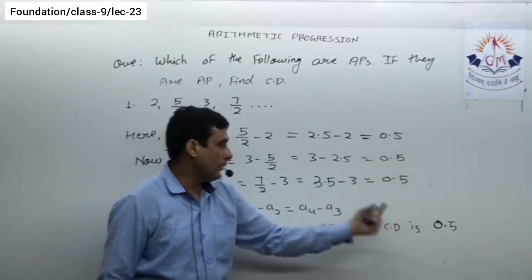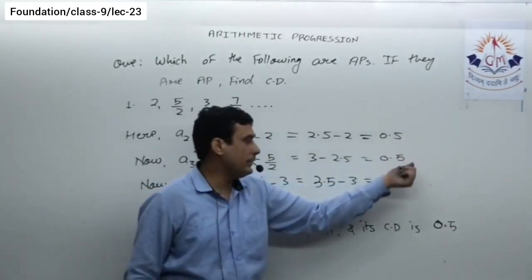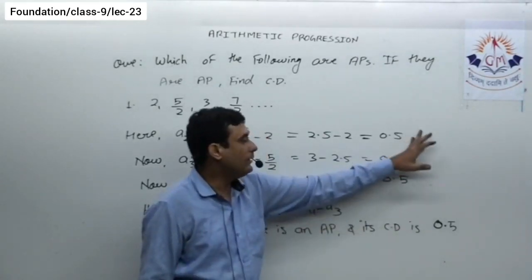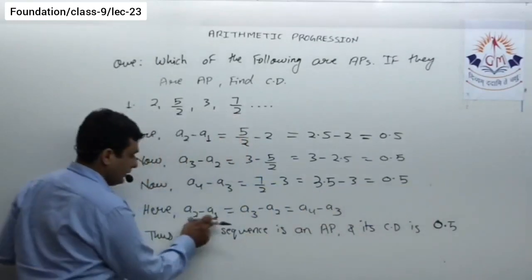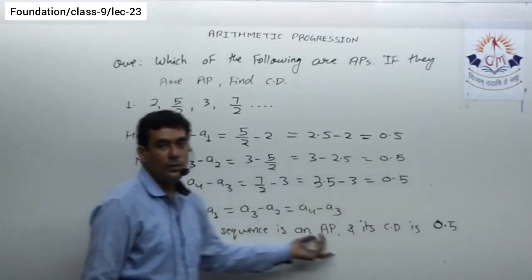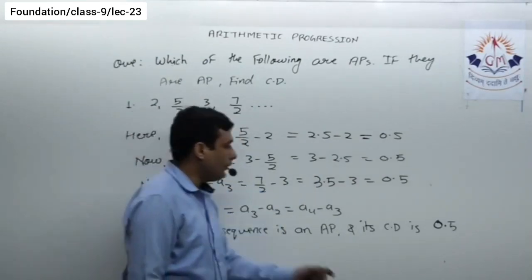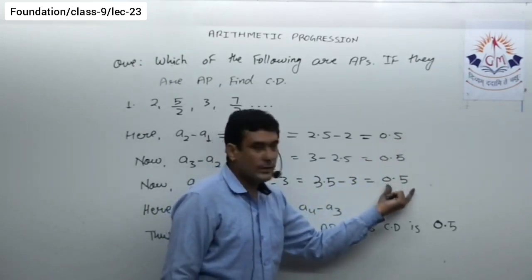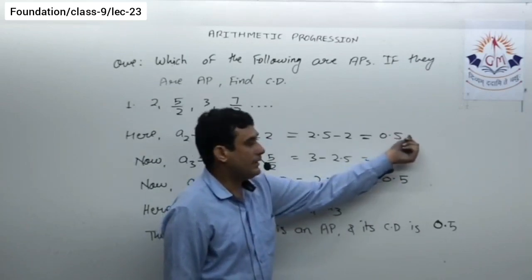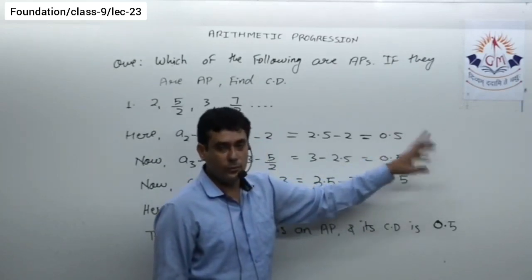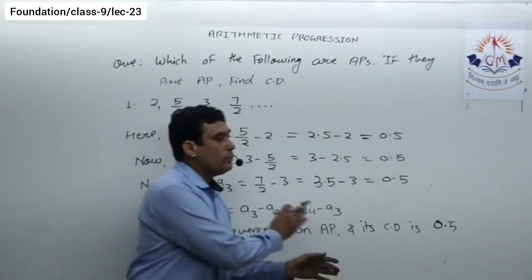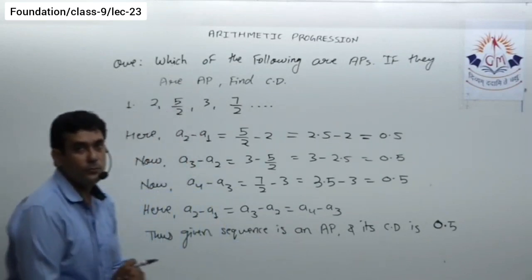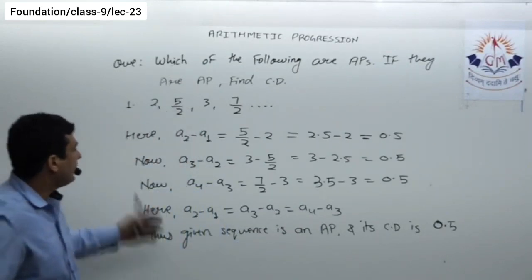Suppose it is 0.5 over here, then 0.5 over here, then it is not equal to 0.5 in the third case. So definitely we'll say these three differences are not equal, so the given sequence is not an AP. Suppose in the first case it is 0.5, in the second case it is 1.5, so no need to check the third one. Simply we can say A2 minus A1 is not equal to A3 minus A2, it is not an AP, because for a sequence to be an AP we need all the differences of consecutive terms to be the same. Okay, so note it down, then we'll see the next question.